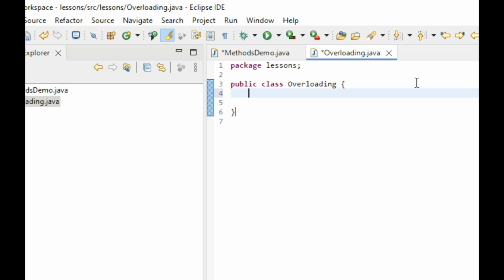On the other hand, it's interesting that Java allows the definition of two methods with the same names in the same class, as long as these methods have different parameter declarations. This process is what we call method overloading, and it is one of the ways Java supports polymorphism. Java decides which version of the overloaded methods to call by the type or the number of arguments, or both. This simply implies that overloading methods must have a different number of parameters,